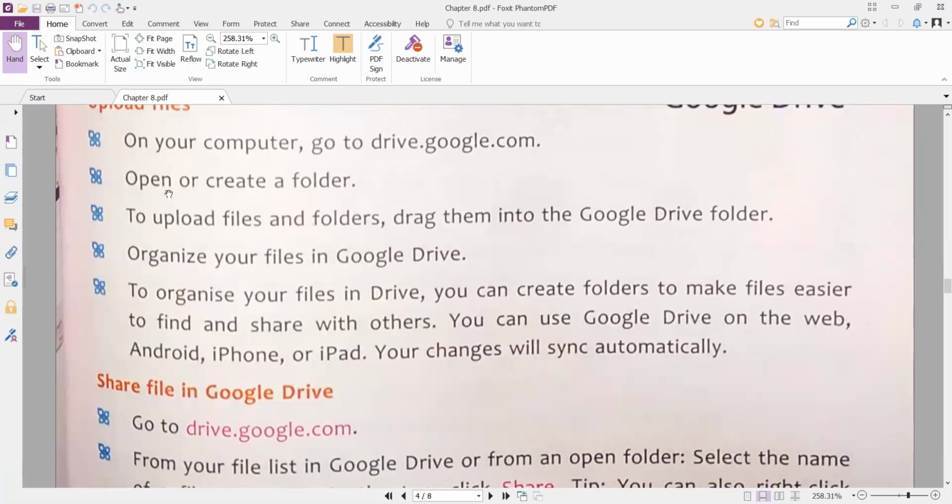First of all, you have to go to drive.google.com. You have to type this, and then you have to create a folder.